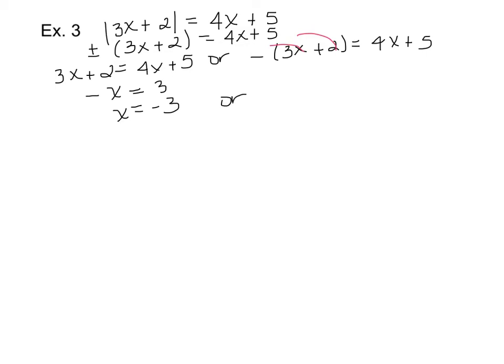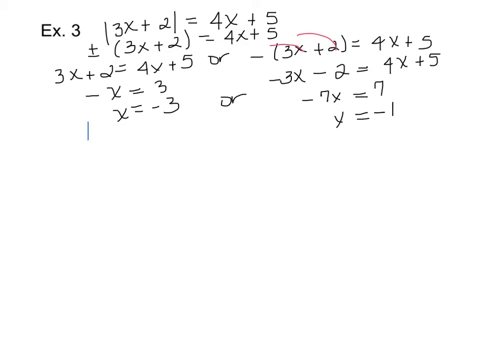Or, I'm going to distribute the negative. Make sure you distribute it to both. And subtracting 4x now gives me -7x. And adding 2 gives me 7, so x equals -1. Alright, so let's first